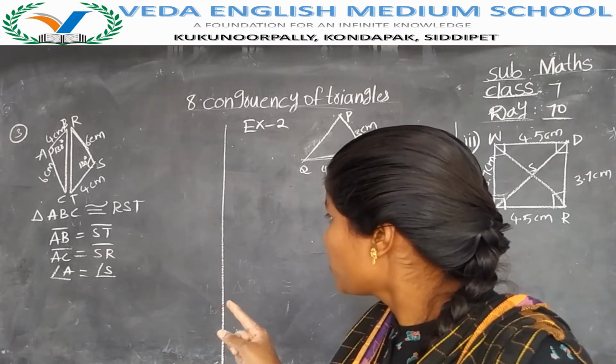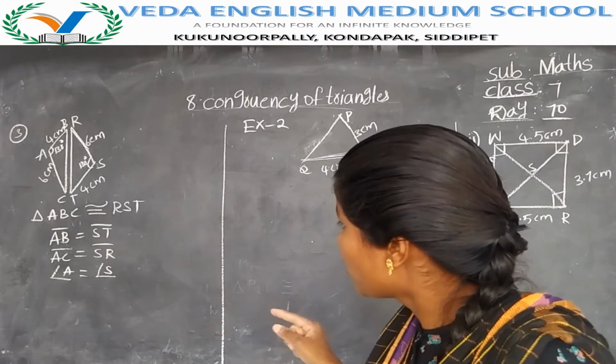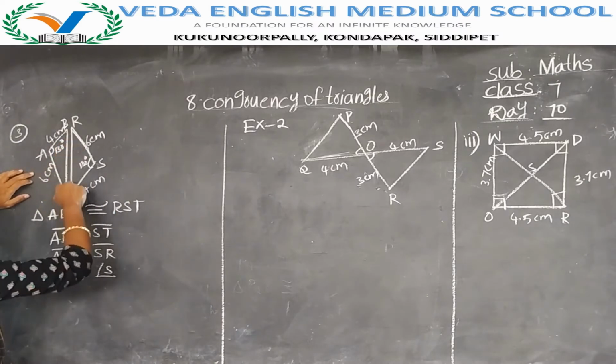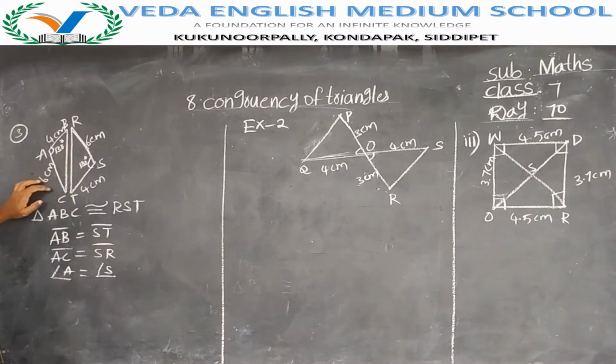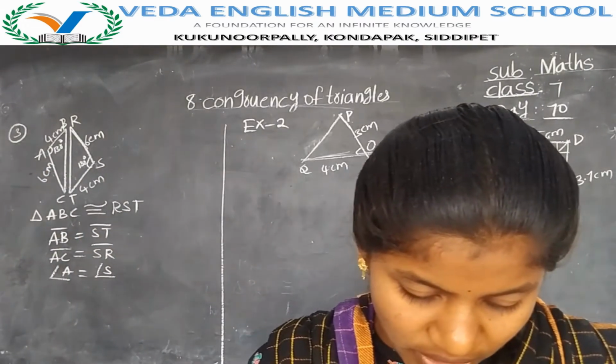Where is BC? Here we have BC. BC is equal to TR. So I have taken that. Now these two triangles are equal under the rule of